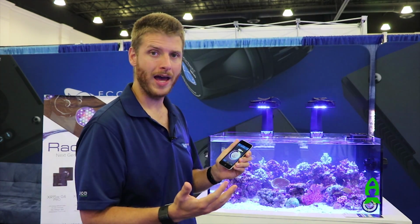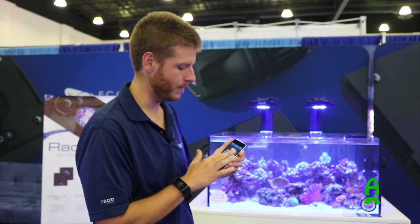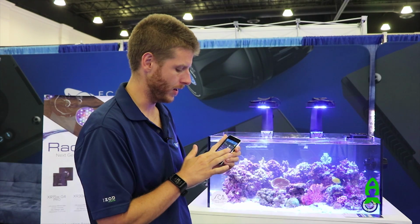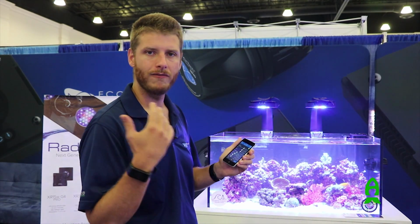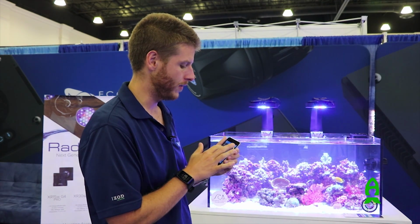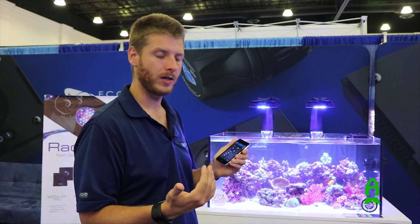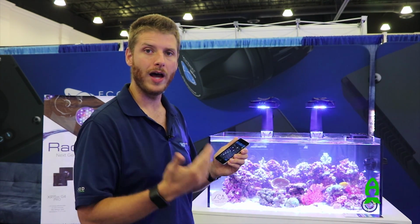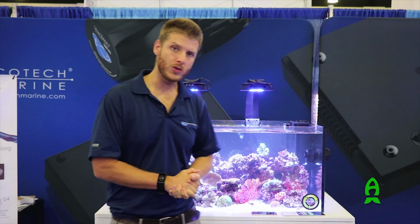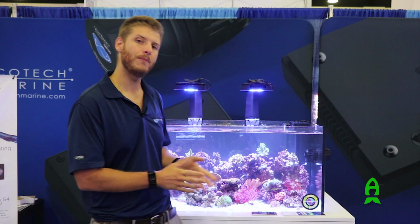It's also compatible, so if you're already running Gen 3s over your tank and you want to add an additional light, you can simply program your Gen 4 and bring up the colors and brightness to mimic a very similar spectrum as the Gen 3. So definitely consider a mixed reef or a mixed number of Radions over your reef a possibility, and expand your line or upgrade over time. We've also introduced, through the Ecotech Coral Lab study, new programs and templates